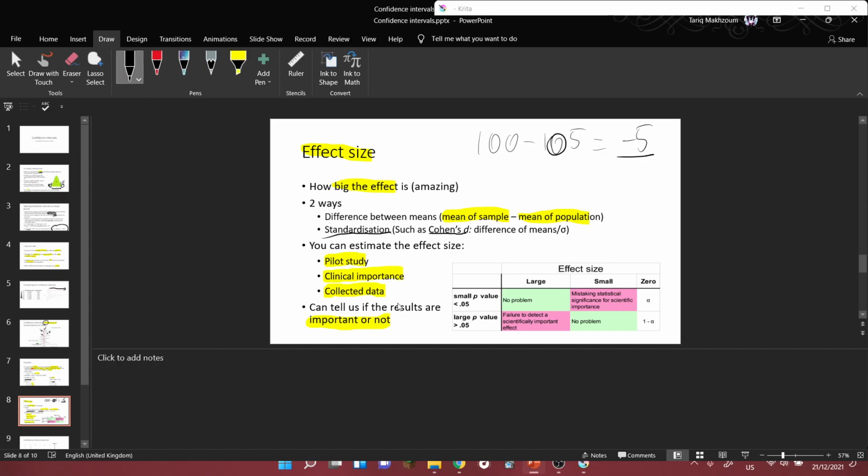Right, and so there are 4 scenarios with effect size. If the effect size is large and the p-value is small, so that's significant, that's great, right? Because that means we found an effective drug that's useful in the hospital and is statistically proven to work. Now, if you have a large p-value and a large effect size,